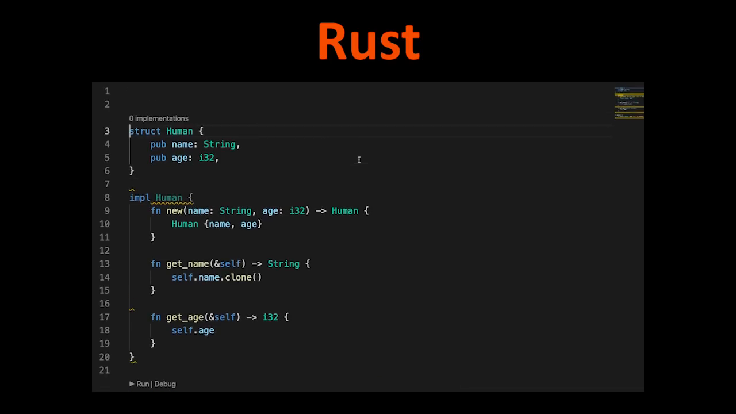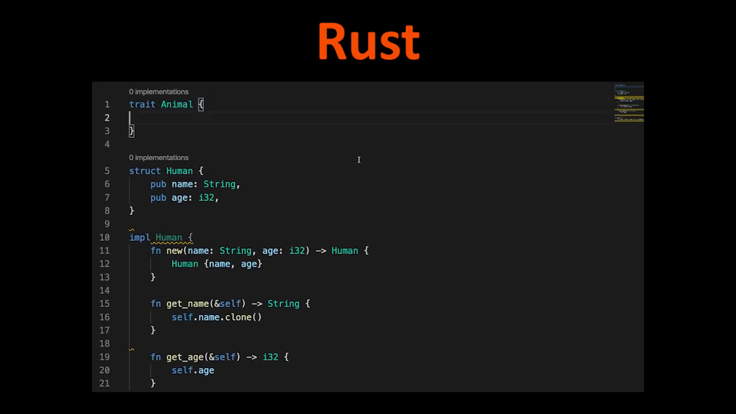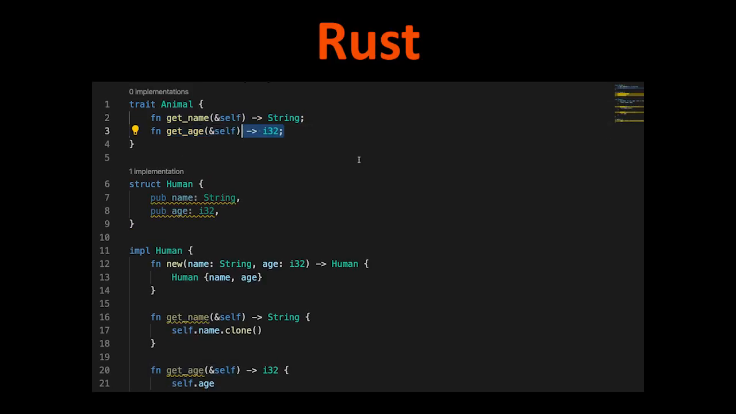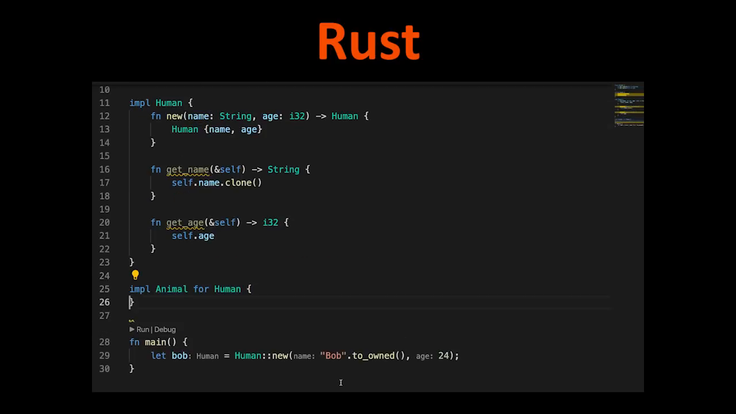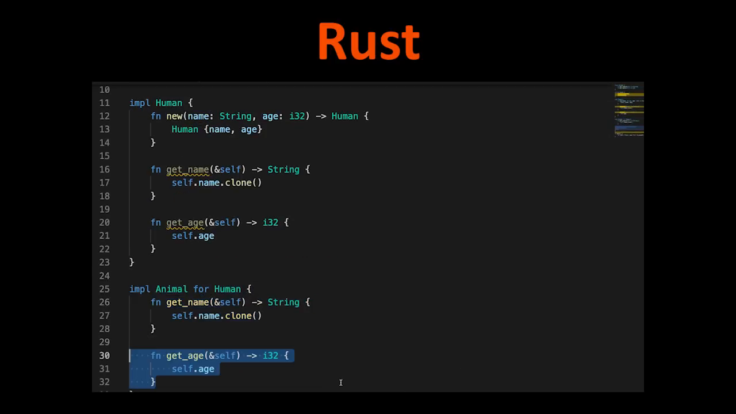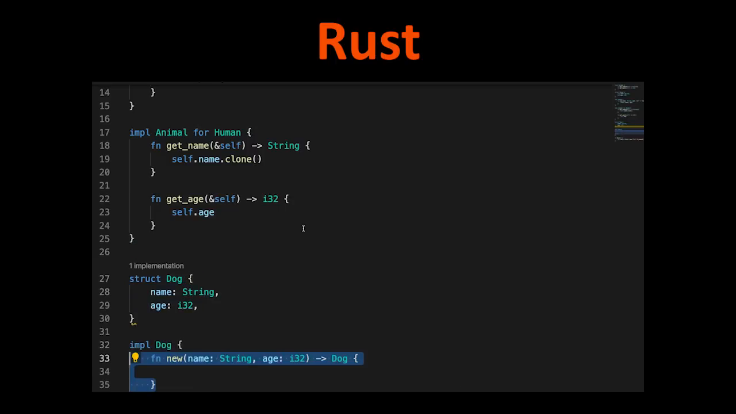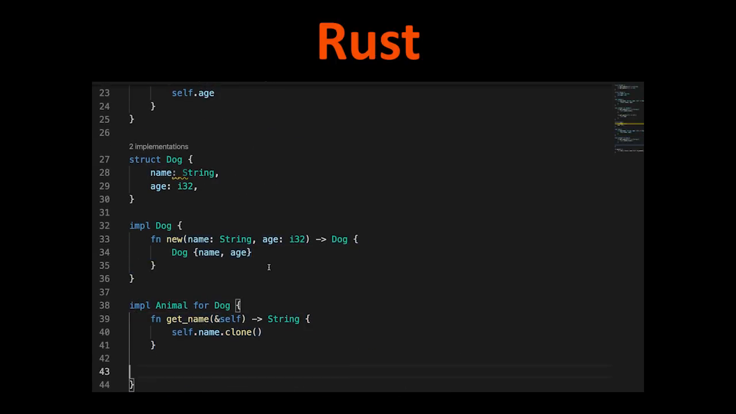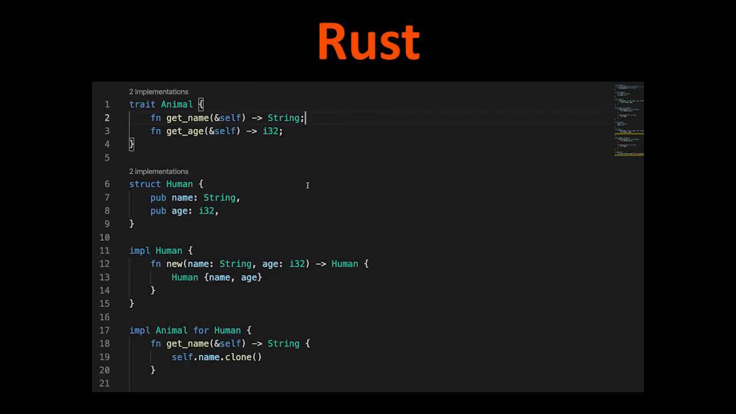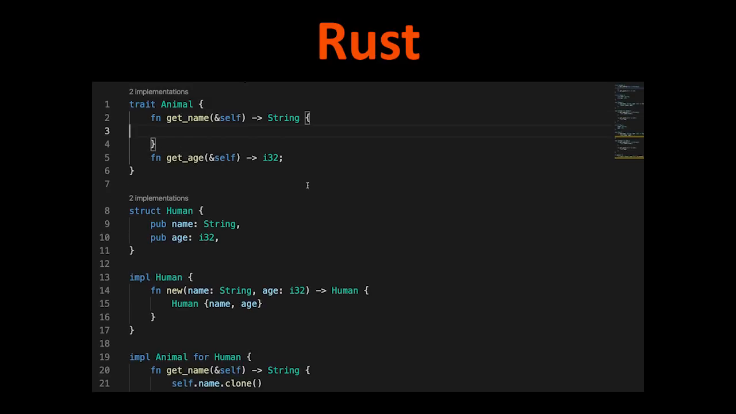In Rust, we can't share data in a similar way. However, we could share functionality by using traits. We can create a new trait called animal with two methods, getName and getAge. Then we can implement animal for human and for dog. We can have default implementations inside our trait. For example, we can change getName to return noName by default, and that could be overwritten by structs implementing the